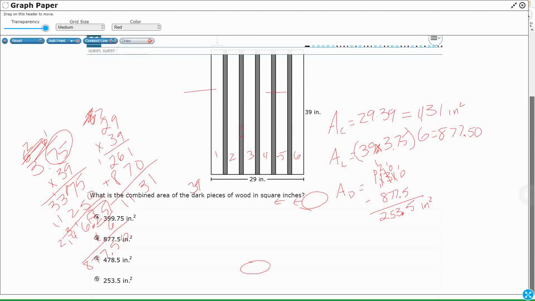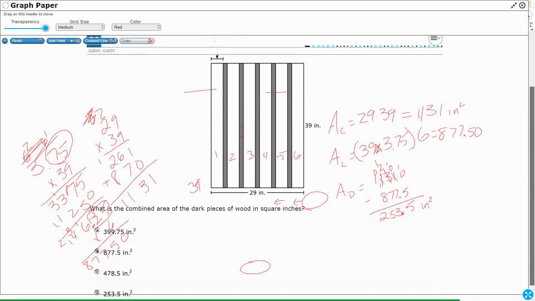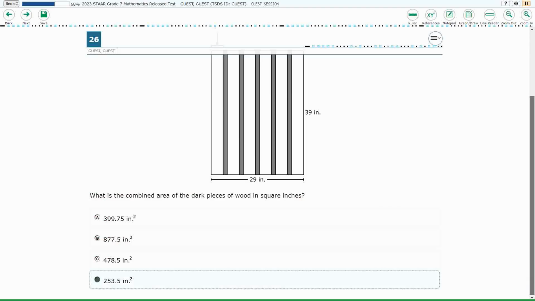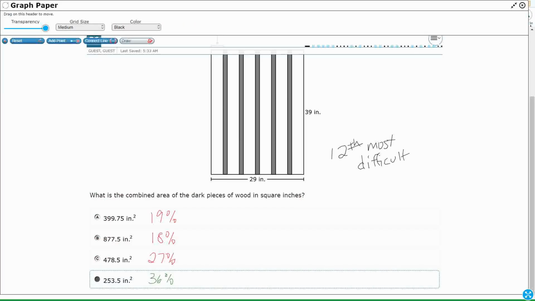So we're going to scroll down there. We're going to see that as D. But take a look at this B right here. This B, I bet, is going to be a popular incorrect answer because it is the area of the light, not the area of the dark. But our answer here is D. Let's see how we did across the state of Texas. So this was the 12th most difficult and I thought we'd see a lot of students picking this 877.5, but